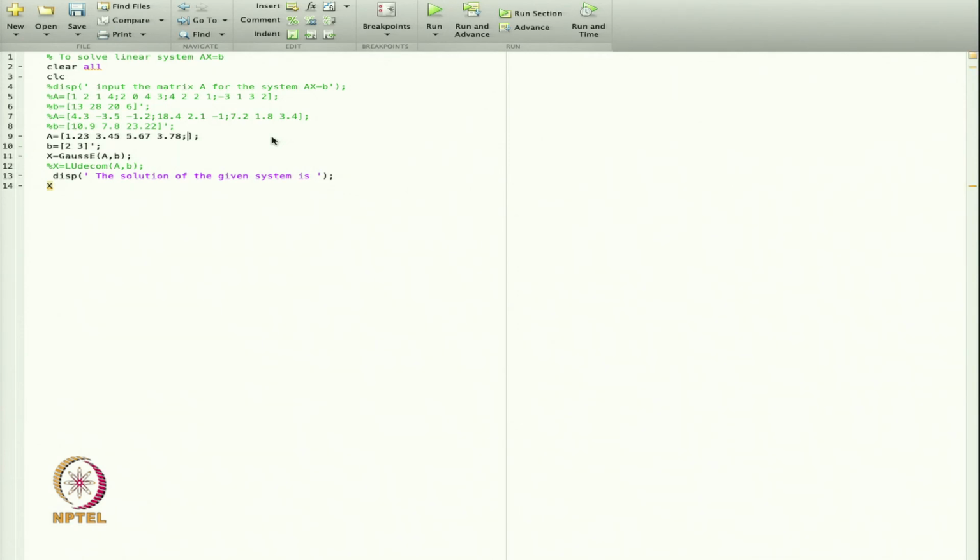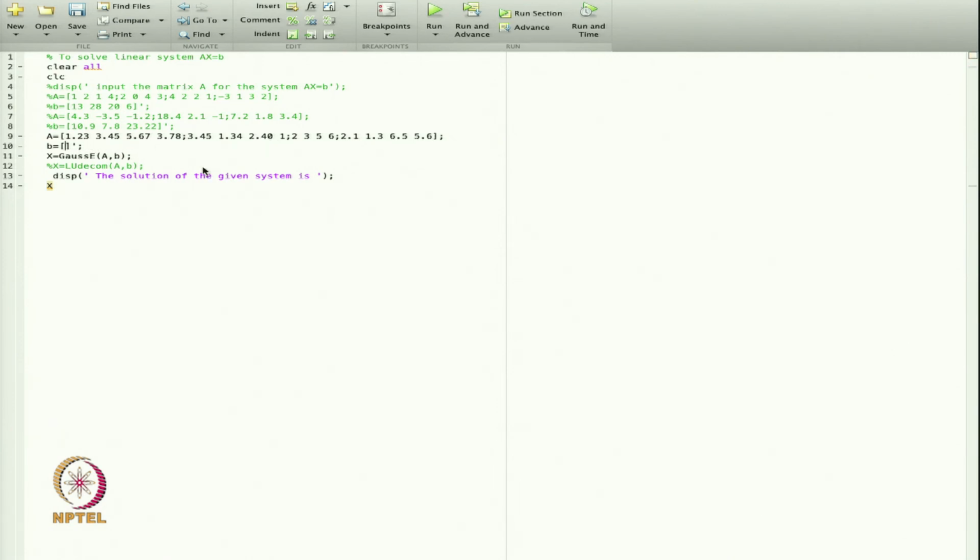I am taking a 4 by 4 matrix, then I am writing 3.45, 1.34, 2.40 and 1. This is the second row. The third row is 2, 3, 5, 6 and the last row I am taking 2.1, 1.3, 6.5, 5.6.